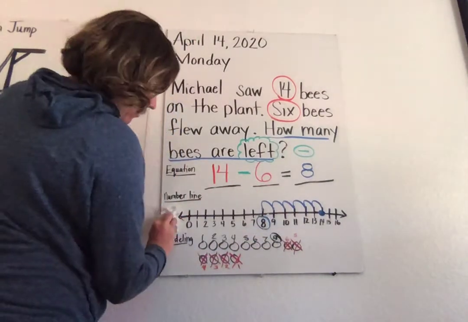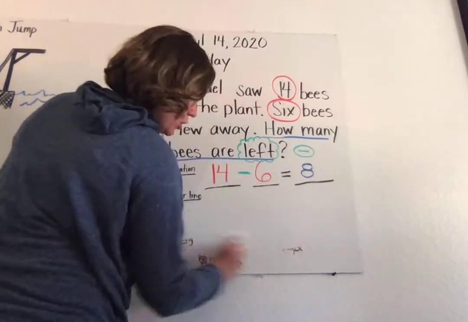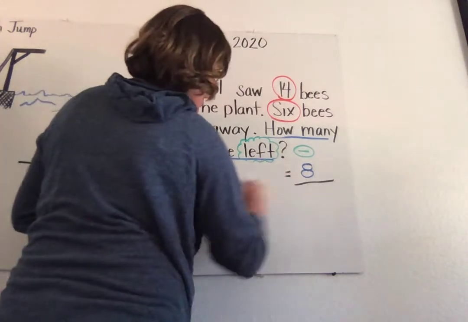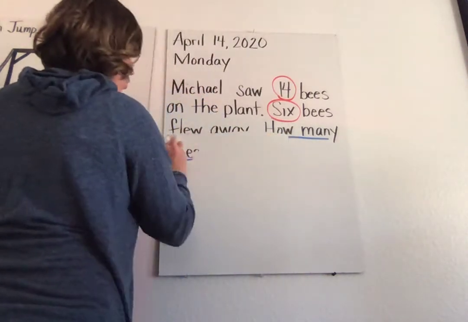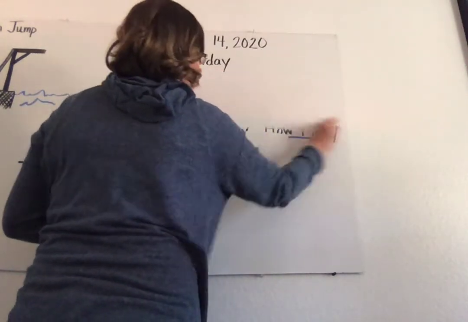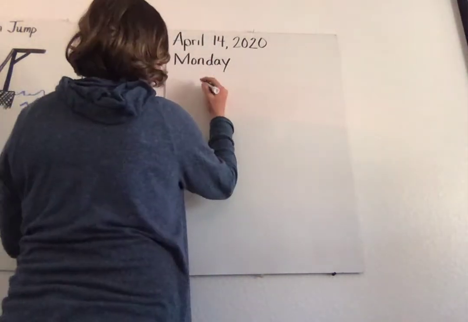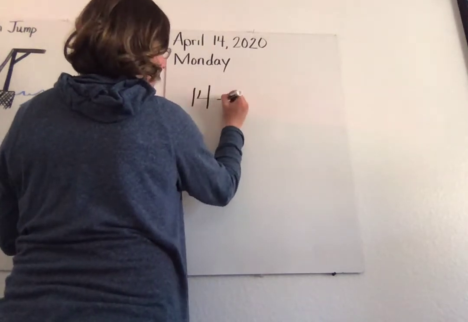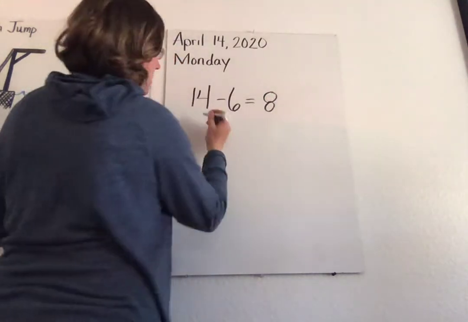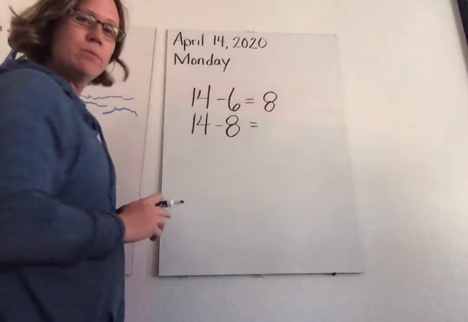So I'm going to go even further, and after I erase all of this, I am going to use the numbers that we did, the 14, the 6, and the 8, to do 3 more problems. So we're not just doing one, you're having to use all of the information you've learned. Ready? So we have the 14 minus 6 equals 8. Our next one is going to be 14 minus 8 equals,